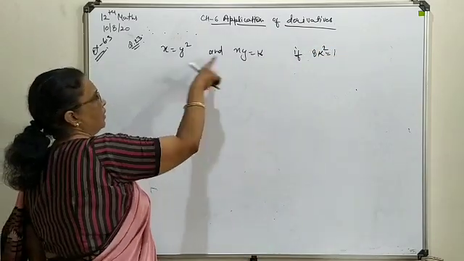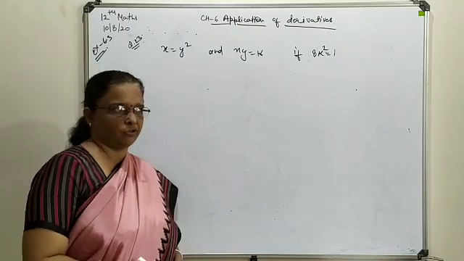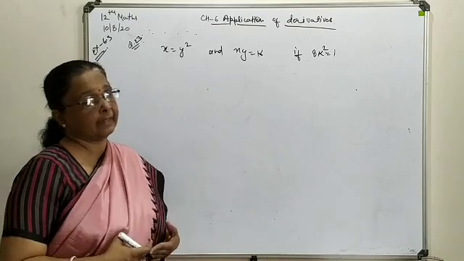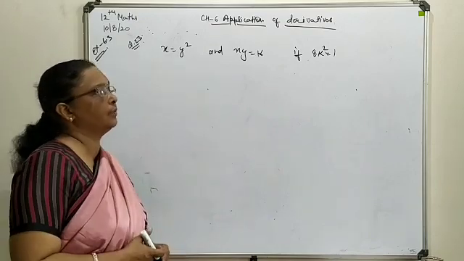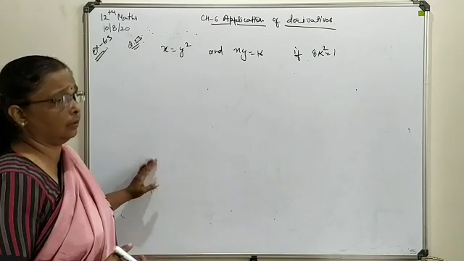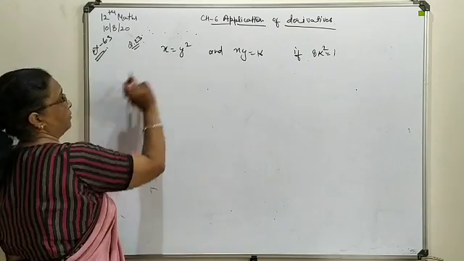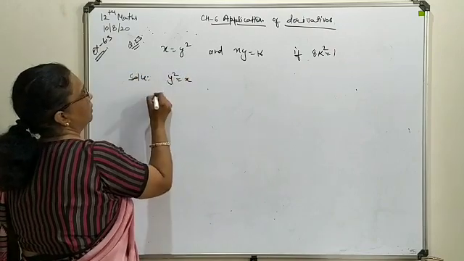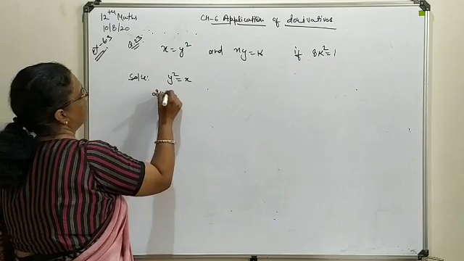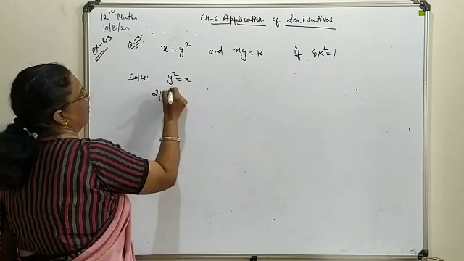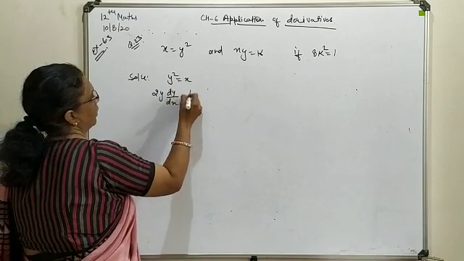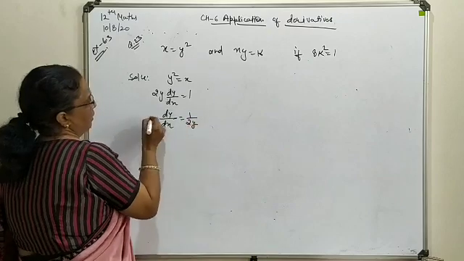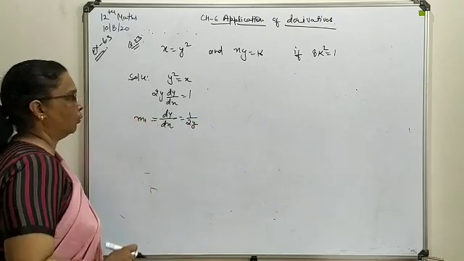So you can say these two curves are orthogonal to each other, meaning their slopes are going to meet at 90 degrees. So in both the cases, first we find their slopes. Let's start with the first one. y square is equal to x. Differentiate with respect to x. Here you can write 2y dy by dx, that is 1. So in the first case your dy by dx will separate out. This you can take as m1.